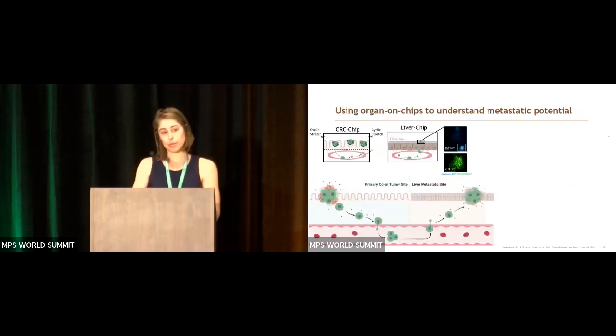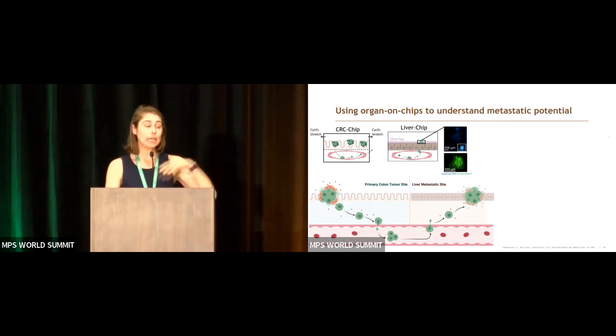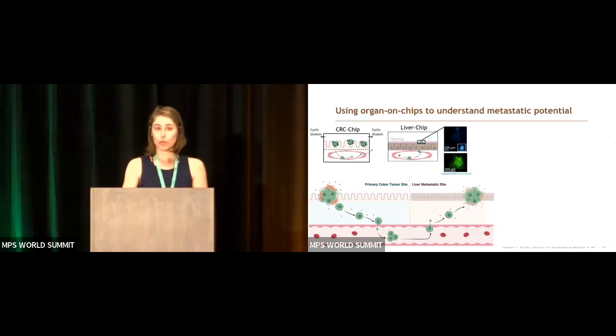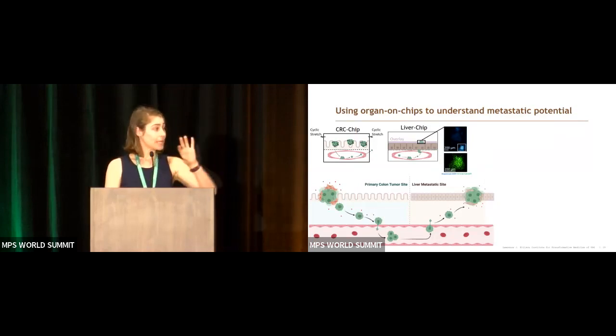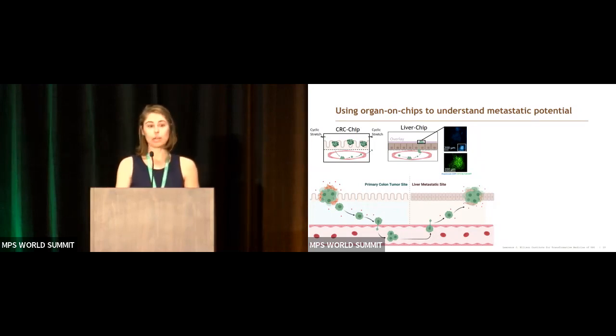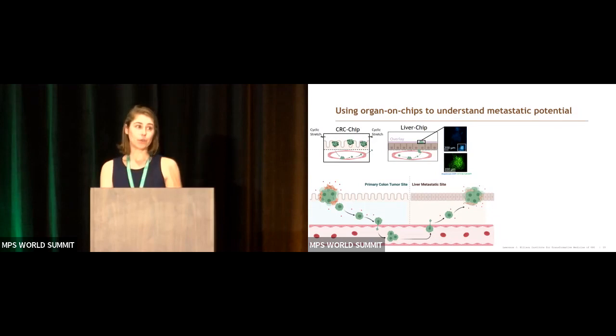What we can do here is we can start to think about the metastatic process and linking. Unfortunately, we're linking by hand right now these colon cancer chips with a healthy liver chip, because most of our colon cancer tumors actually metastasize to the liver. And so what we can do is we can take the effluent, we can take some of these circulating tumor cells from my colon cancer chip, and then we can flow it into the endothelial channel of a healthy liver chip and see if these cells will actually adhere to the endothelial channel and then extravasate and colonize the hepatocyte